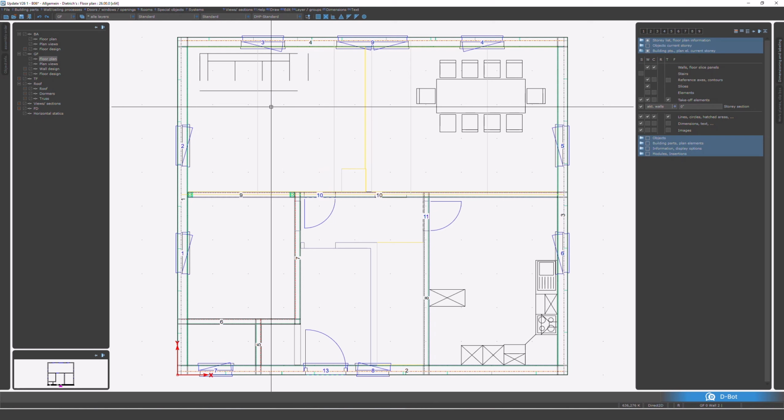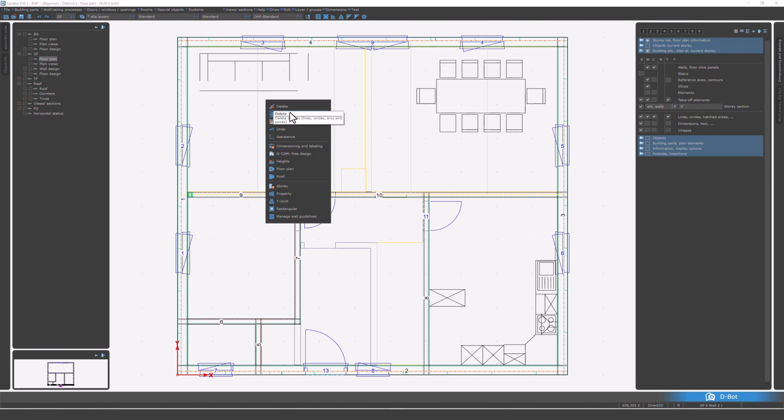One more contextual menu type that I want to show you here is if I hit the spacebar, I can now see all my last commands that I've used. And we've now added these little icons to them here, which makes it easier to detect what we've actually done in the past. One thing to point out here is that I've used the delete function twice, and you can actually see that those are two different types of deletes because the icon is different. Here you can see that I deleted a door, and up here I deleted a line, and you can now